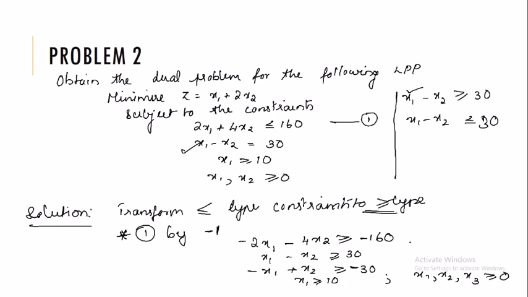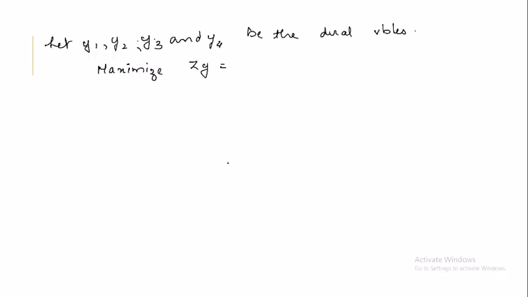you don't have to look at this, just look at these constraints. Now you have minus 160, 30 and minus 30 in the right hand side. So what happens here in the objective function? Yes, minus 160 y1 plus 30 y2 minus 30 y3 plus 10 y4. This is your objective function subject to the constraints,